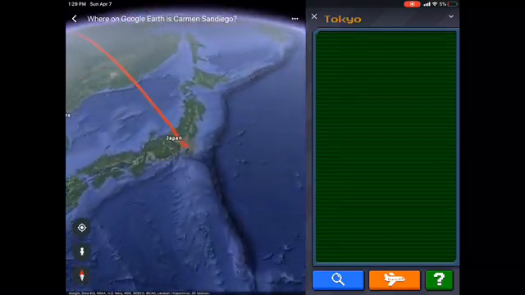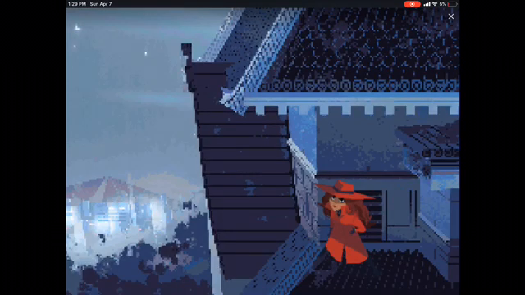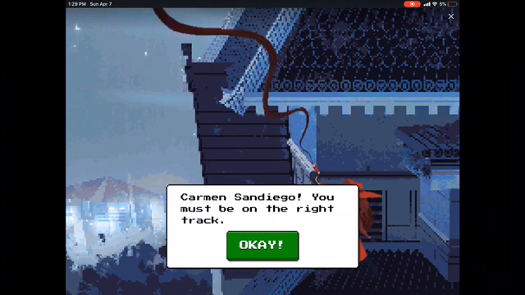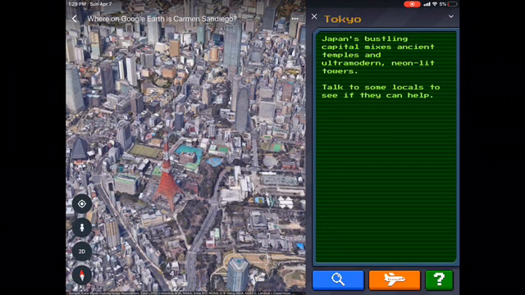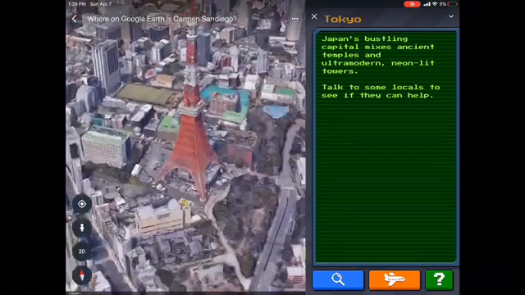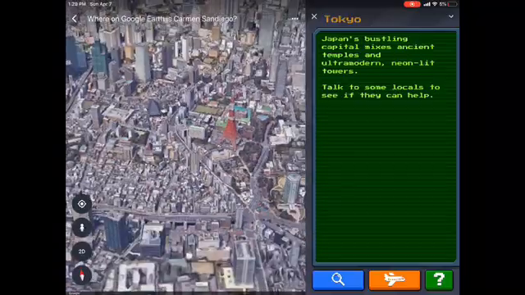Takes you over to Tokyo. And now we're into Tokyo. And so it's going to bring up Tokyo. Oh, there's Carmen Sandiego. We just missed her, but now here we've got a nice view of Tokyo. And now I can go in. Man, it's got an Eiffel Tower looking thing here. But you can zoom